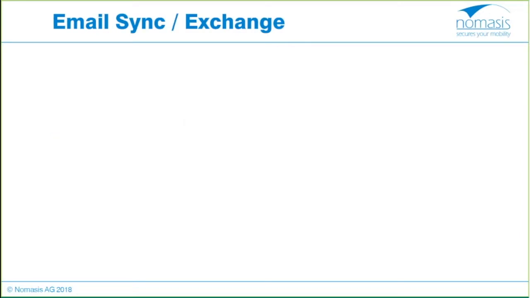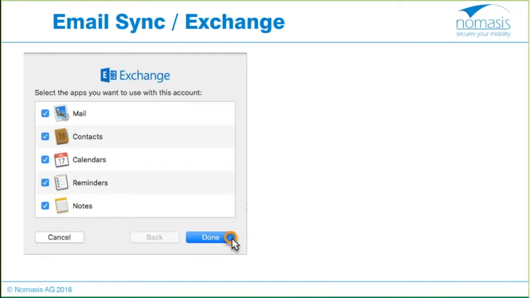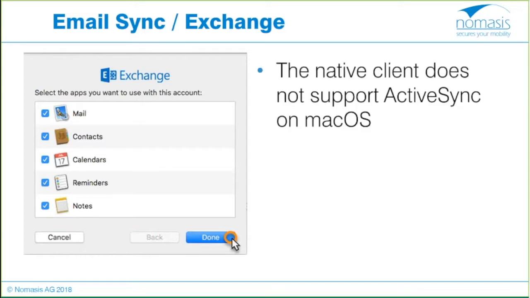So, a few words about email sync. I think everybody is dreaming of distributing one Exchange configuration on macOS. That would be nice. And since last year, and even before, I think, you are able to distribute one Exchange config from MobileIron on macOS. What does it mean, really? Unfortunately, it's not ActiveSync, like on iOS. The native email client on macOS does not support ActiveSync, so we cannot use the Sentry proxy to tunnel the traffic for email. And we have to find another way.